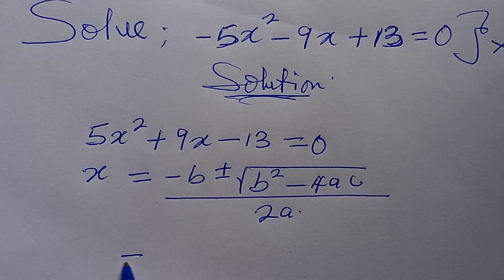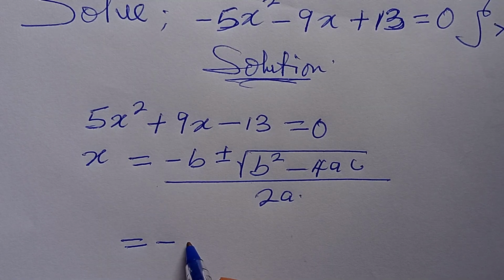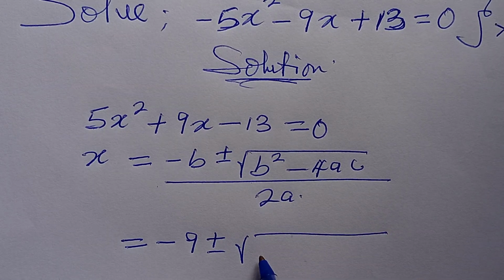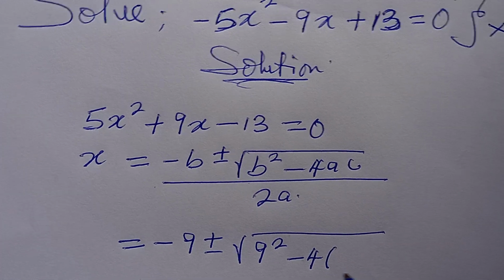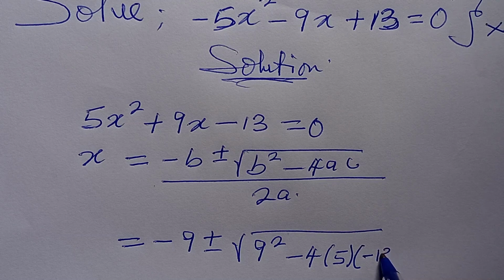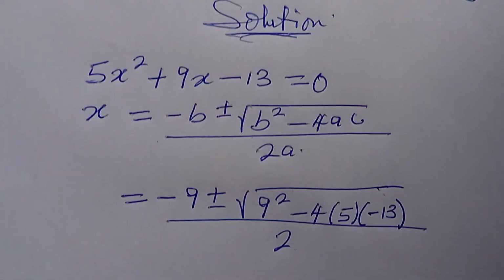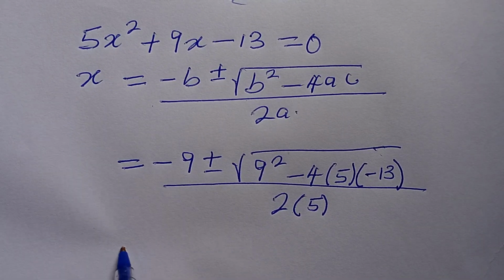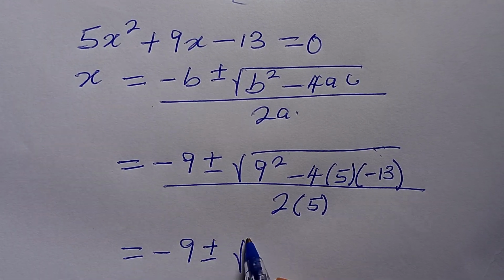And so if we substitute this into the equation, we're going to have minus 9 plus or minus the square root of 9 to the power of 2, then minus 4, times a which is positive 5, times c which is minus 13, bracket close, everything all over 2 times a, which is 5. Okay, so if we simplify that, we're going to have minus 9 plus or minus the square root of,